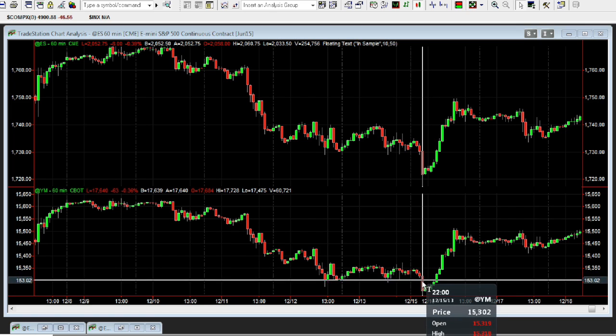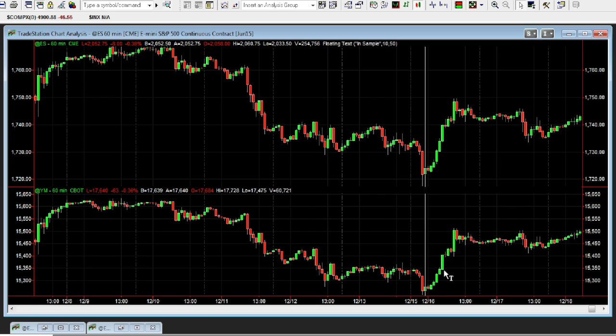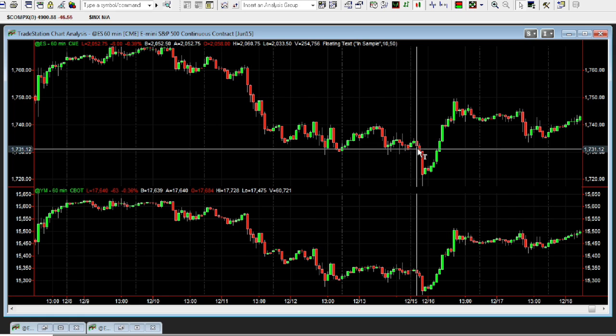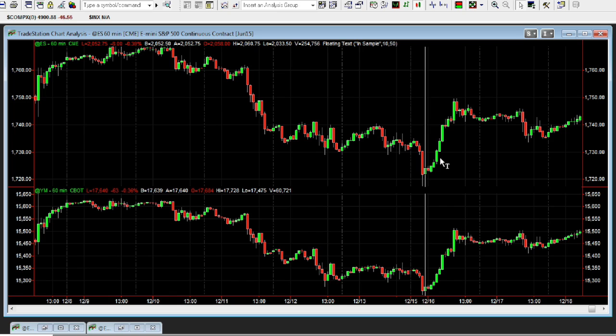And what we're going to look for is divergence. We're going to be going long only in this example. So we want to see YM trigger a long while the S&P is still in what we consider a bearish or neutral state. We want to see YM generating a bull signal while we're still in a bear state on the ES. For example, in this big pullback here on the S&P,